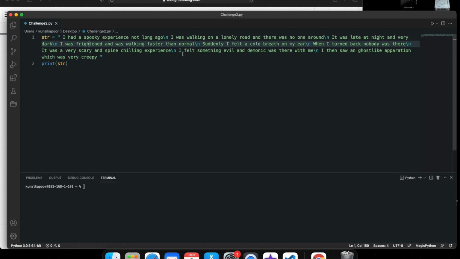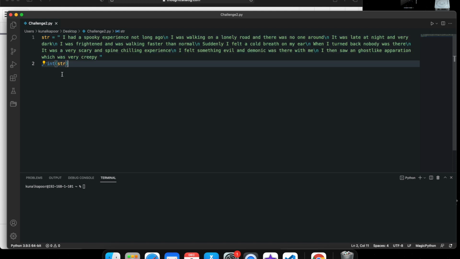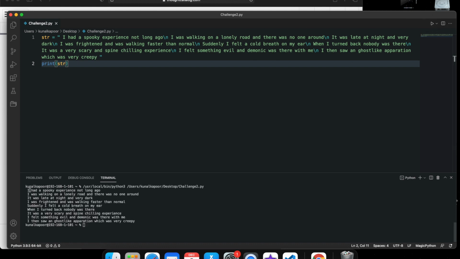So some of these words I've used from that website, and what I've written is not the challenge. This is just a string, and you will be creating your own string in your challenge. You'll be writing the context of the story on the top in a string, and I've added new line characters because I just wanted it to be shown in separate lines like that.